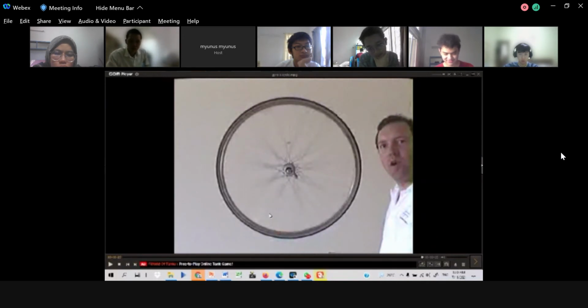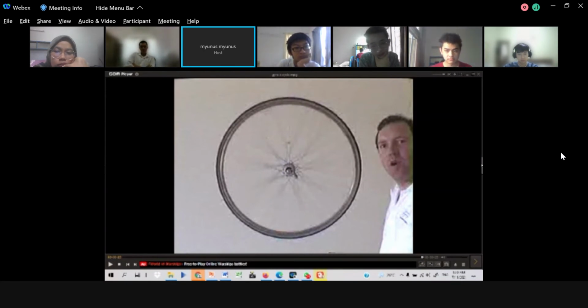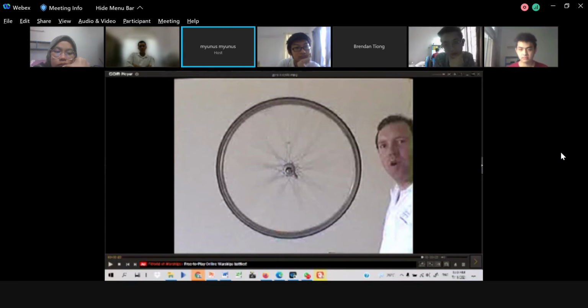Okay, class, look here. First, the bicycle wheel will be horizontal. Then you give it a speed, right? You give a speed to the bicycle wheel, so the wheel now will be vertical. And you have two speeds here. Look here. One will be the speed of the bicycle wheel. The other one, you find that the wheel also revolves due to the string, right?